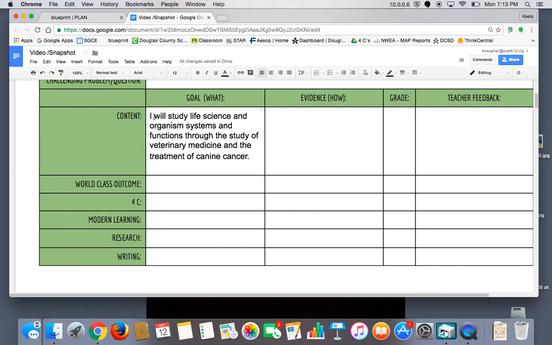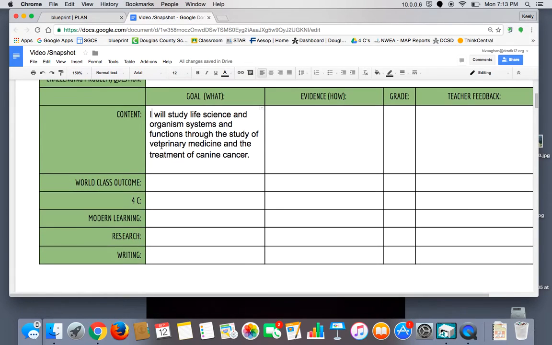And remember, the content is the foundation of your house. So when we think about building this house and this house being a metaphor for all of our learning, the content is your foundation. It is what you're interested in, and it's what you're studying. It gives us all of that basic information that we need to gather and gives us a focus on what we need to study so that we can achieve a higher level goal, which is our world-class outcome.